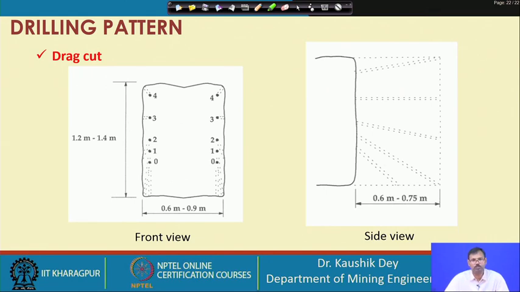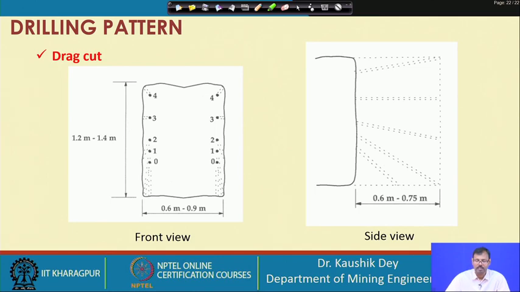So, let us continue with the drilling pattern. Last class we stopped at the pyramid cut, which was basically the double wedge cut. Wedges are given vertically and horizontally. In today's class, let us start with the drag cut. Drag cut is basically a half wedge cut. We have seen the double wedge cut, the pyramid cut, but drag cut is basically a half wedge cut where the